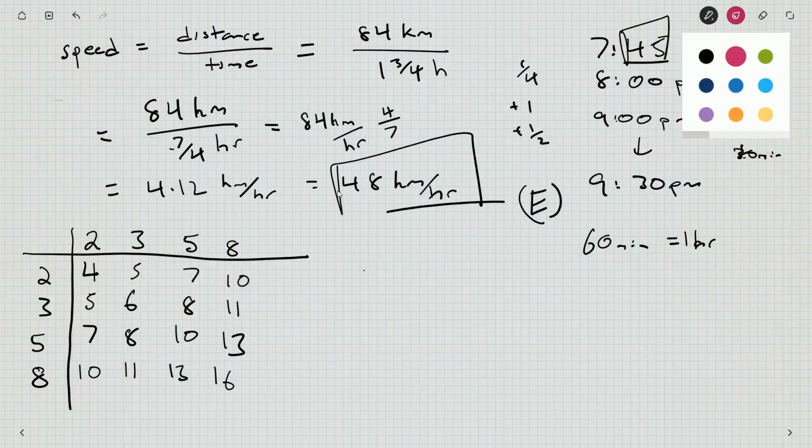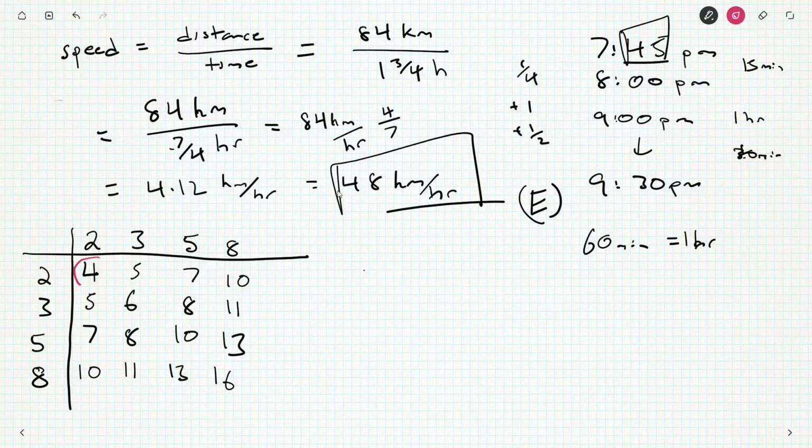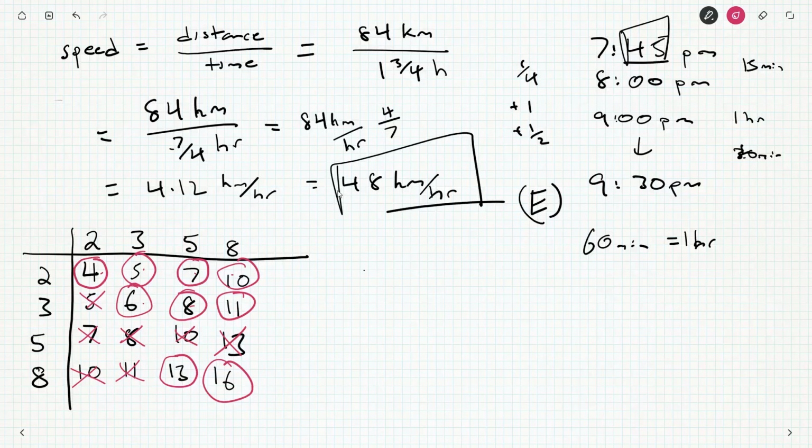And now let's just go through. I see a 4. I don't see other 4s. I see a 5. Get rid of any other 5s. I've got a 7. 10. Get rid of all these extra 10s. 6. No other 6s. An 8. 11. 13. And 16. So that's 1, 2, 3, 4, 5, 6, 7, 8, 9